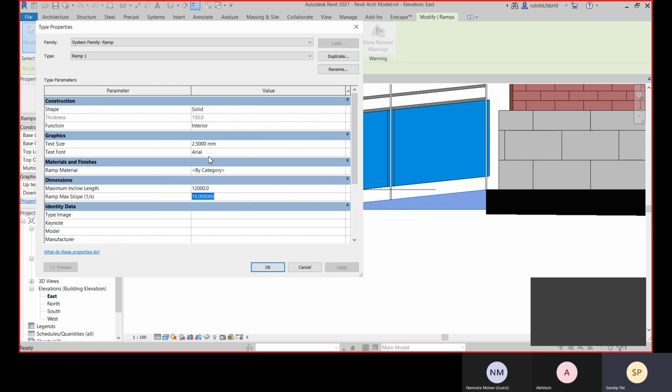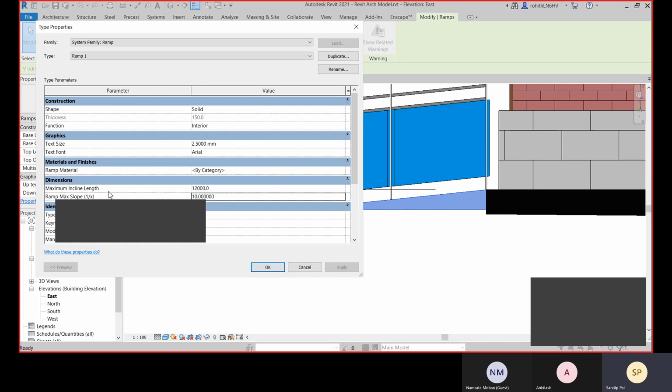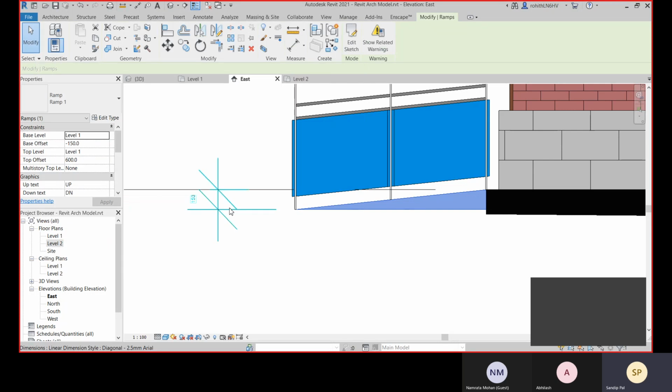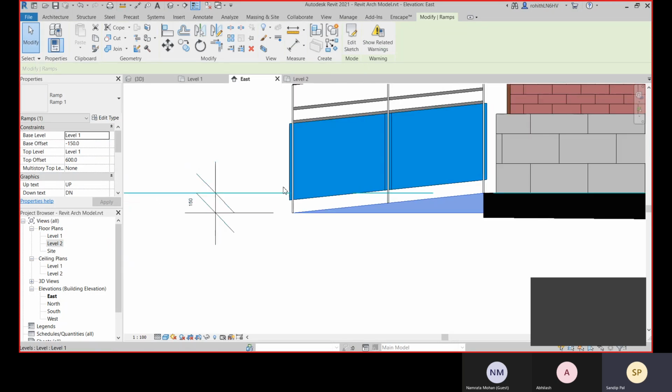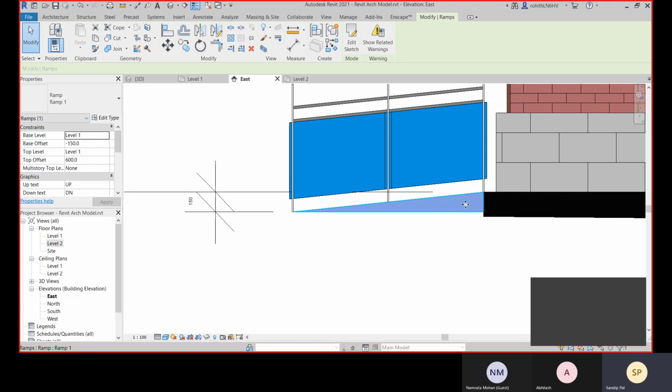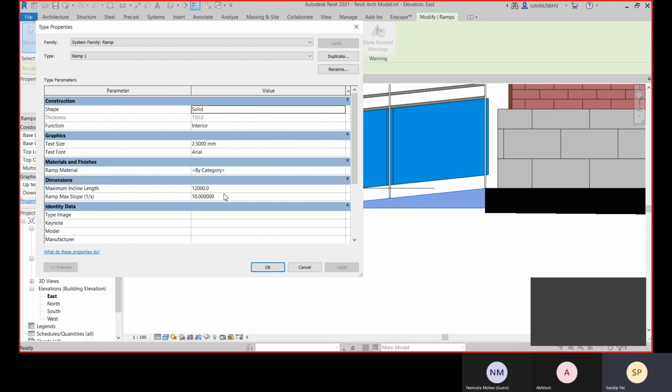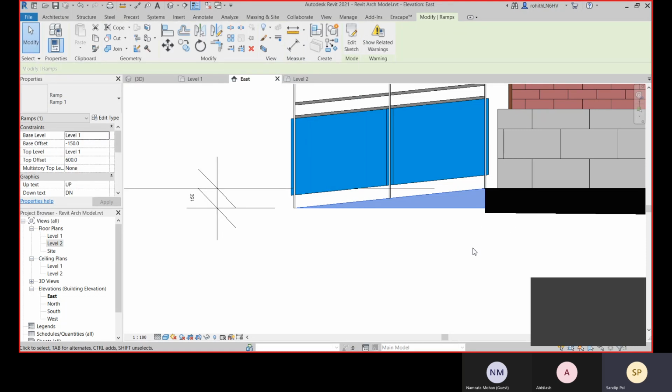The thickness is locked, you cannot change it. Here you can also mention the maximum incline length, but it will not affect anything. The main things are your run length and the maximum slope, according to which you get the height for your slope.